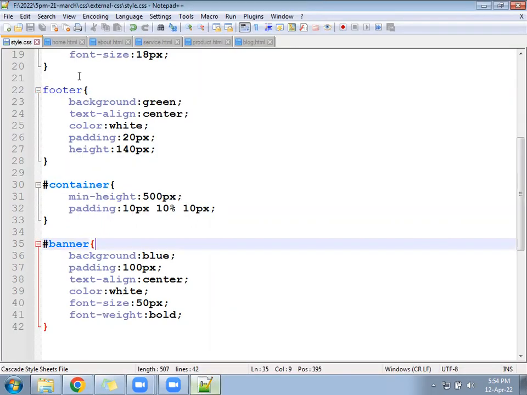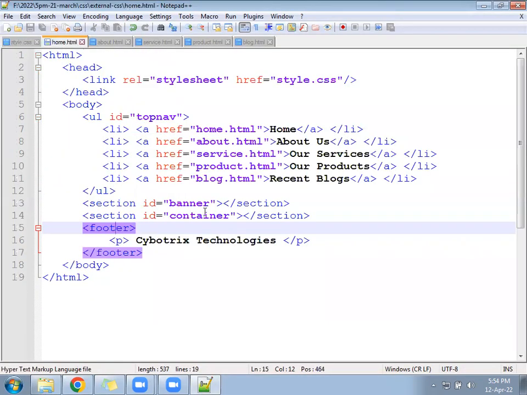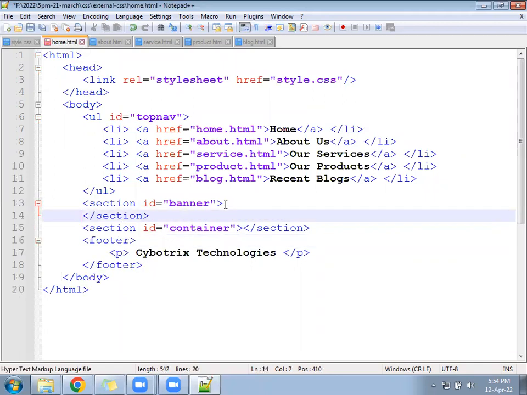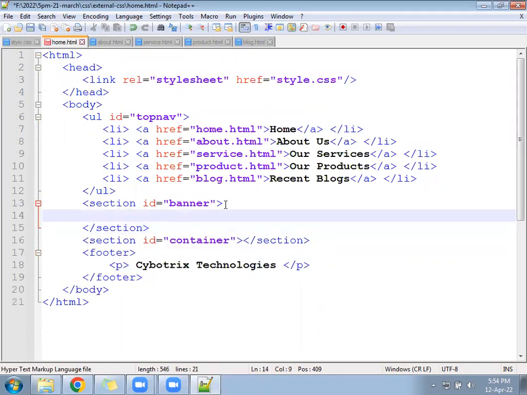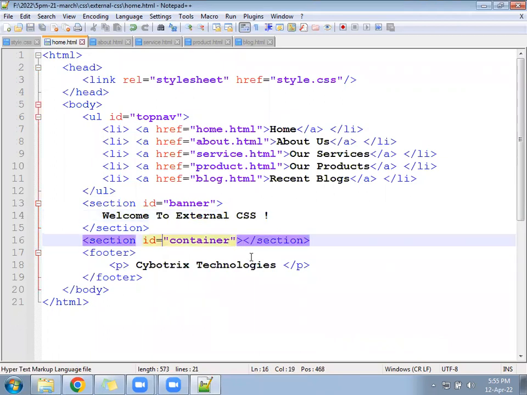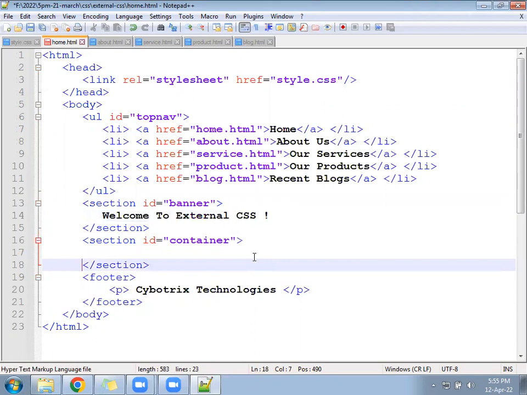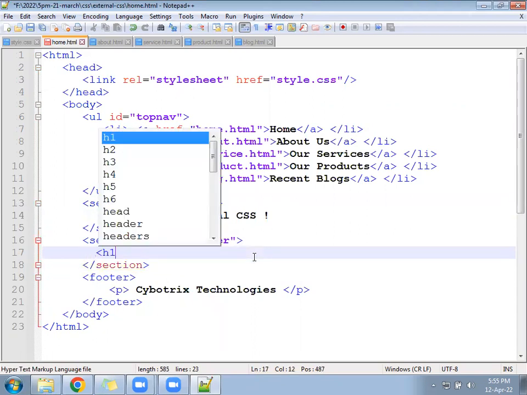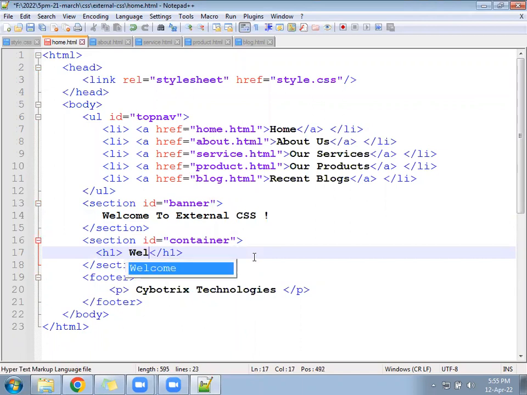Come to the HTML part now. Under the banner, you write here, welcome to external CSS. Welcome to external CSS. In container also you add H1. Welcome.